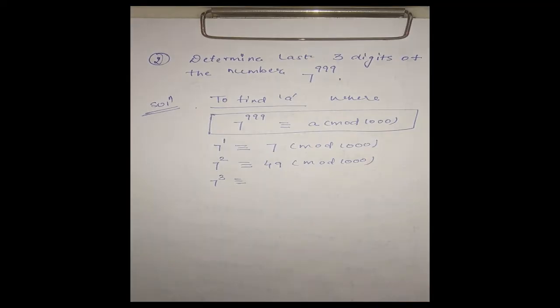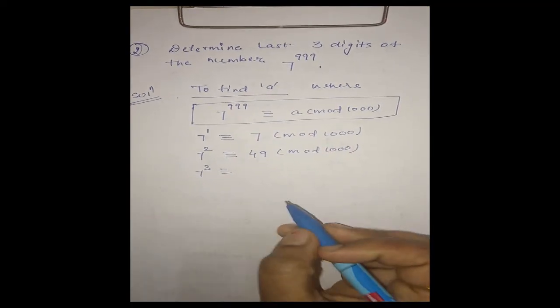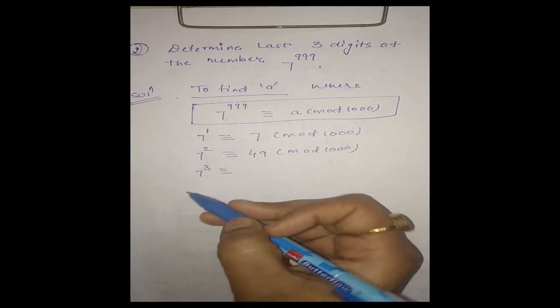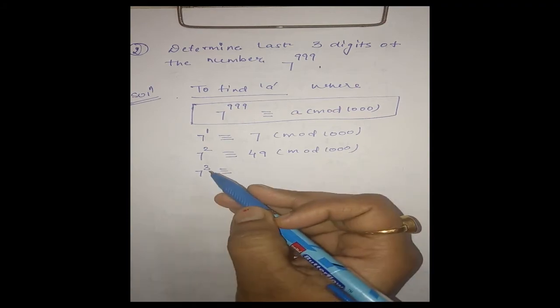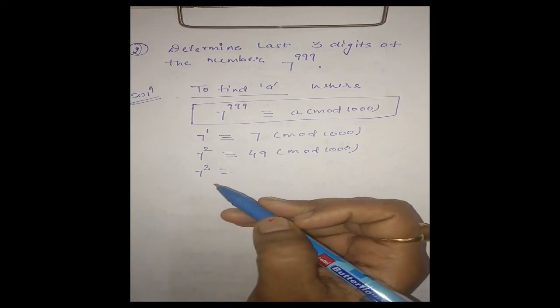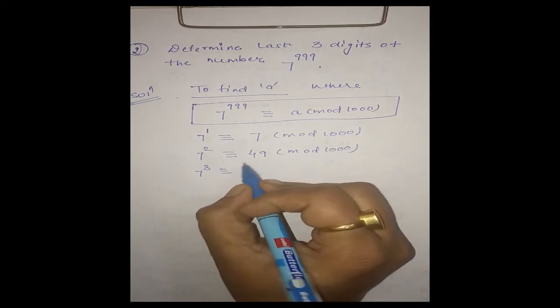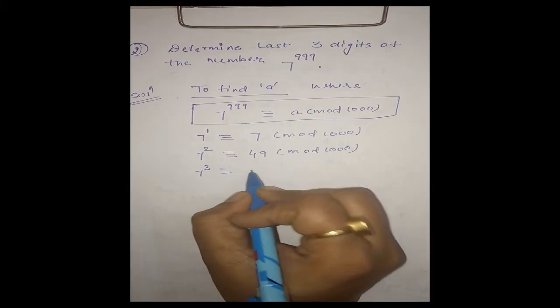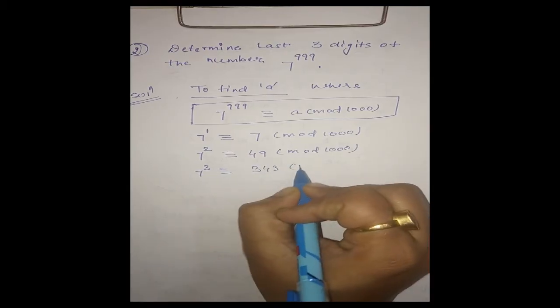We want to check if there is any pattern repeating in some powers of 7. Now 7 cube is 343 modulo 1000,